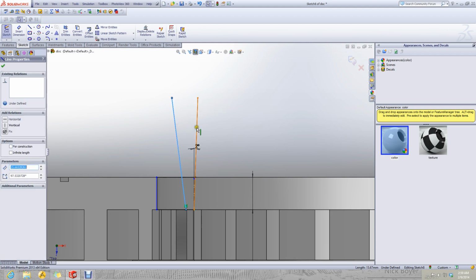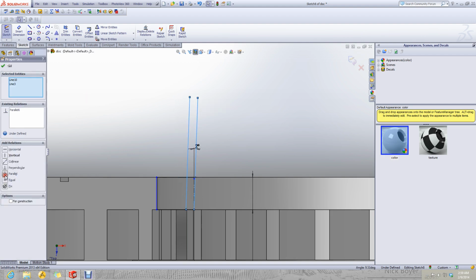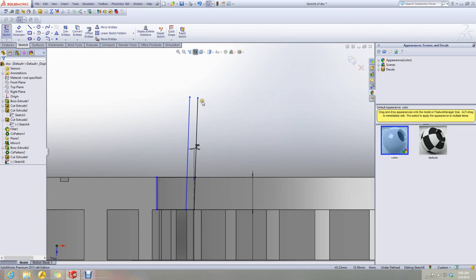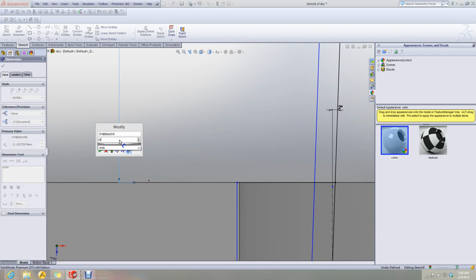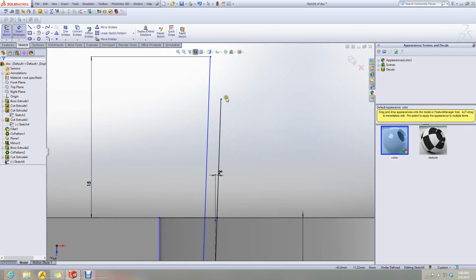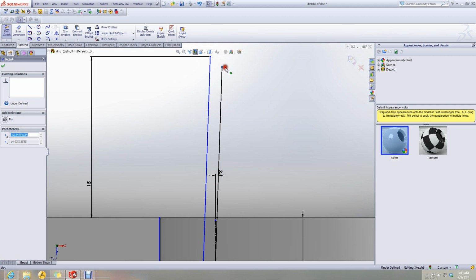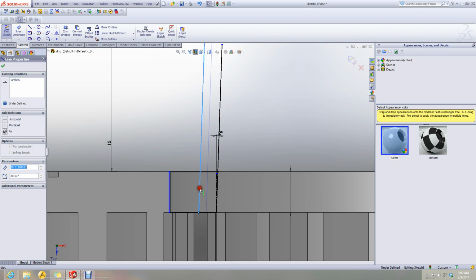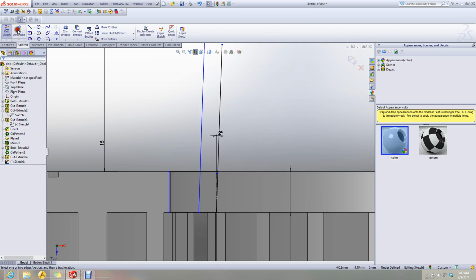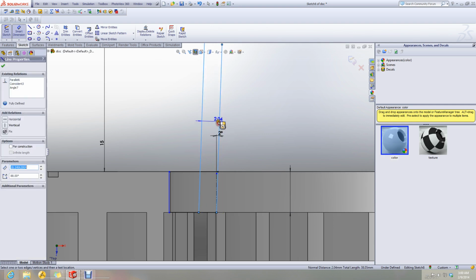This line is parallel to this line, and the height from this surface of this line is noted to be 15 millimeters. This goes here. The distance between them is 2 millimeters.